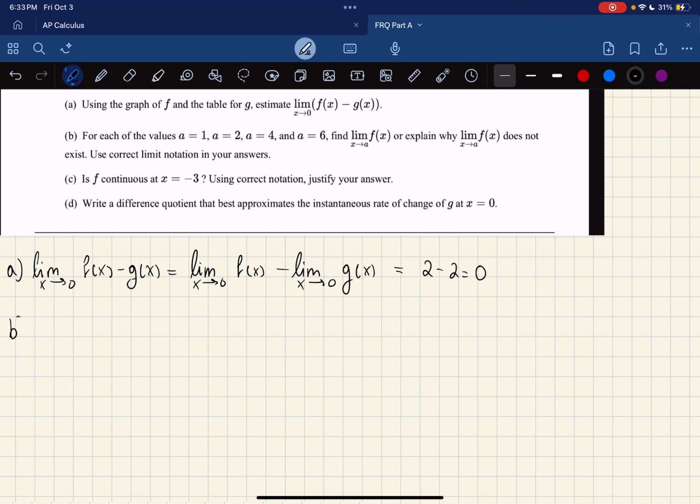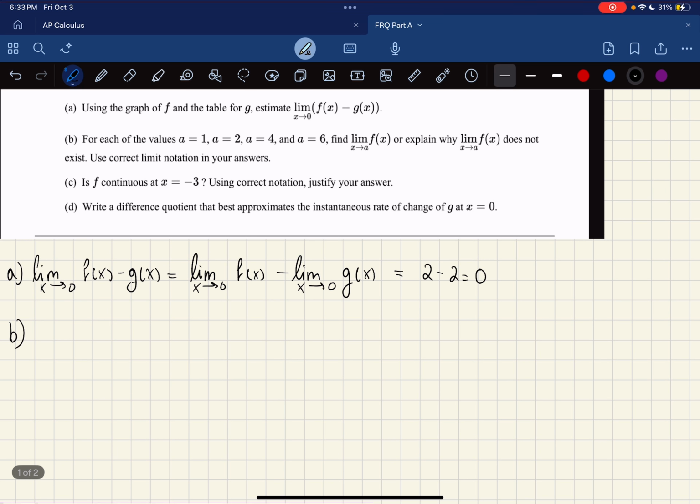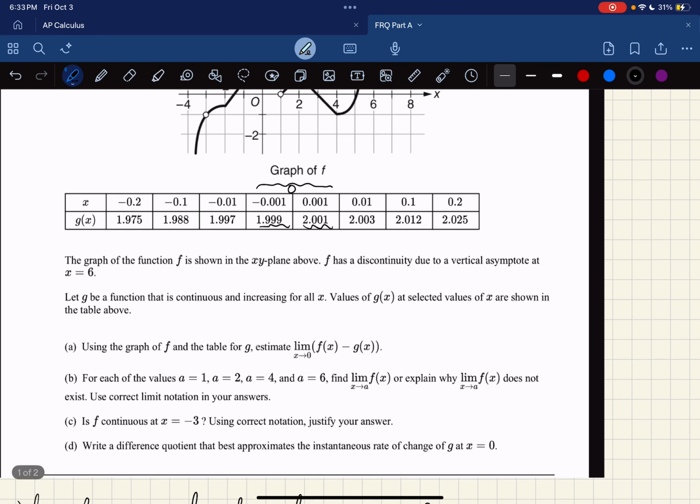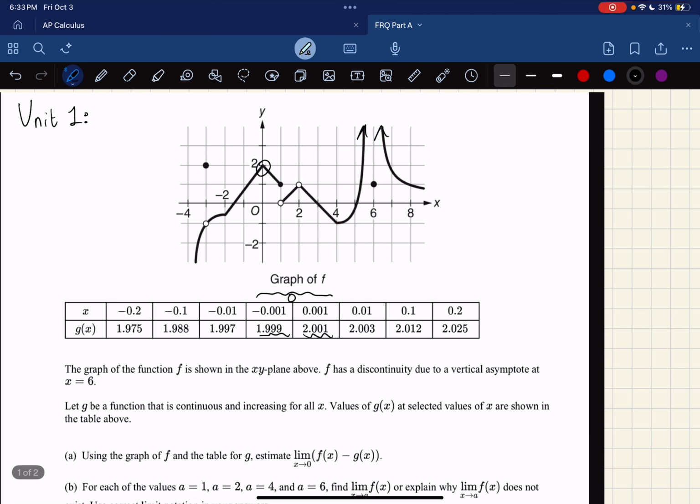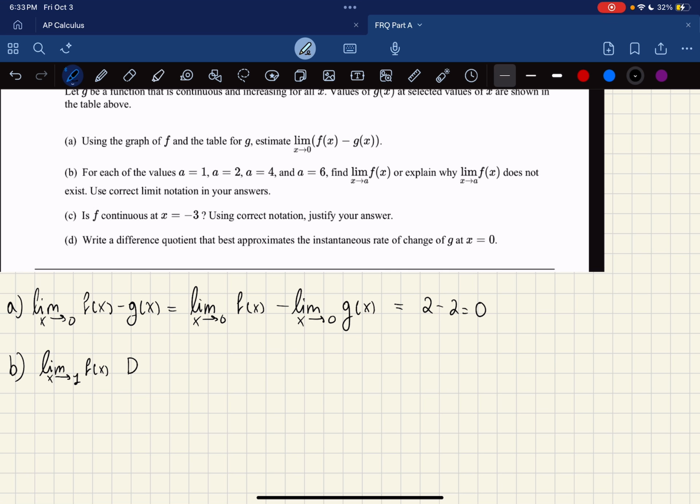For part B, they told me to find the limit at these respective points, and we need to explain why a limit does not exist, if it does not exist. So, limit as x goes to 1 of f of x. If you go to the graph of f, we notice at x equals 1, we have two different limits. At 1 minus it's basically 1, and at 1 plus it's basically 0. So we're going to say that the limit as x tends to 1 of f of x does not exist because